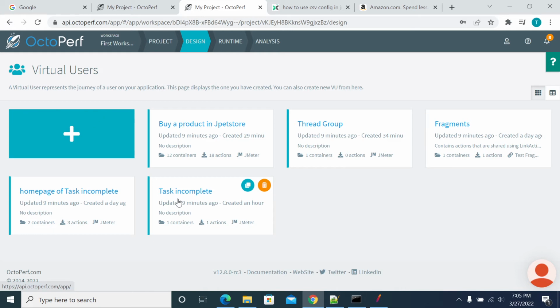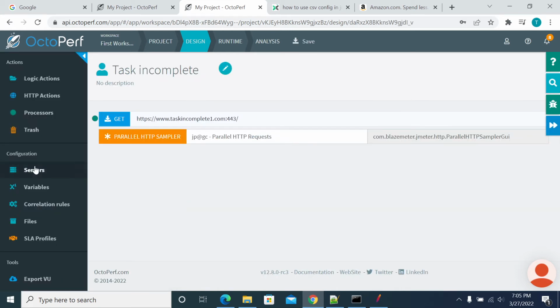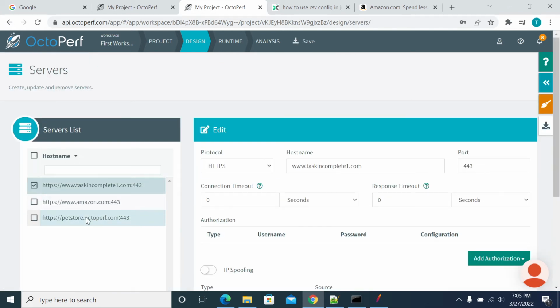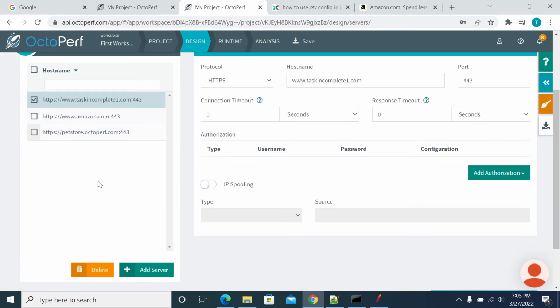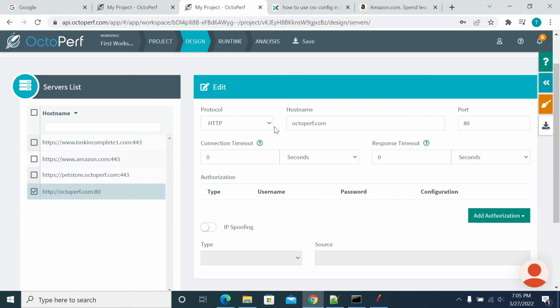So yeah, if you want to add a new server which is not in your list, now I have three servers here. So if the server you're going to use is not in your list, then you click on the add button here, and it will add a server details. You select the server and select the protocol, HTTP or HTTPS. Select the host name instead of OctoPerf. I'm giving now ebay.com